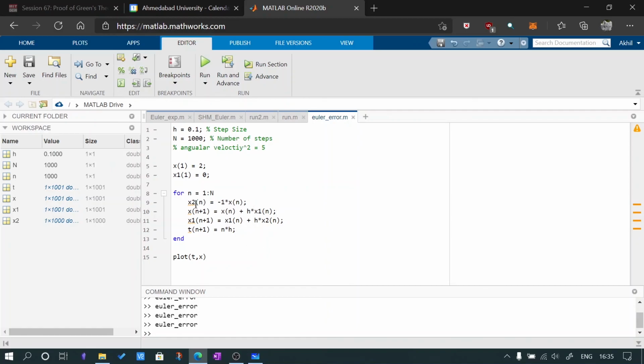And as you can see, x2 at the nth step is defined by x at the nth step, as we had discussed earlier. X is defined in a similar fashion, as well as x1, and all these follow the same rule of linear approximations, which is how Euler's method works. So on running this program,